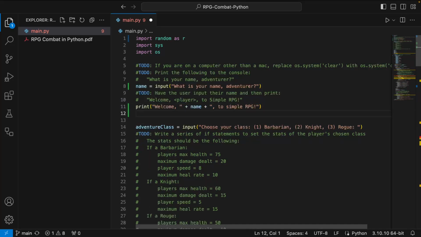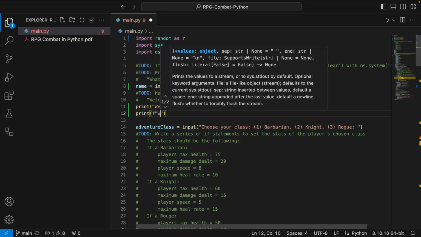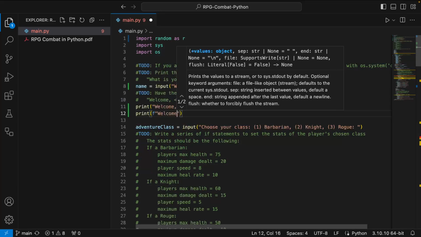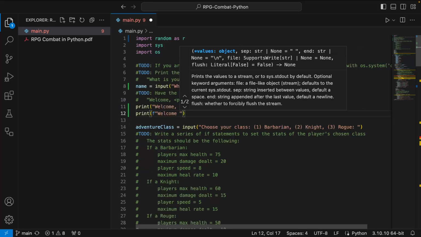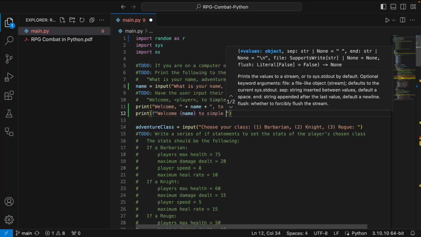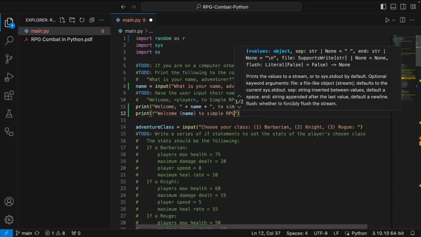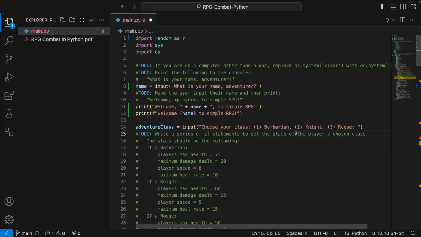Walk me through it. How do you do it using the F? Yeah, you start with F and then you do parentheses and then you just type all of it. Welcome, and then you do the curly braces at the end, like this. There you go. Is there an instance where the other ways are better? No, it's just all preference.